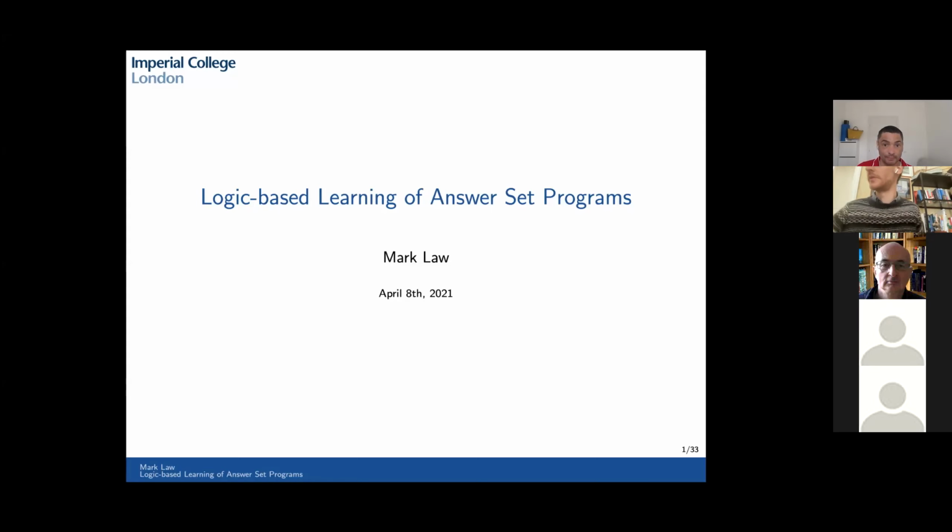This is the fourth of our seminar series, and I'm really happy to have Mark Lowe today because he's definitely one of the best researchers that I've met while I was doing my PhD in London, and he's working on inductive logic programming, which is a very relevant topic nowadays, especially for us, because it connects machine learning with logic. So I think it's super useful, and people don't really talk enough about it, I would say.